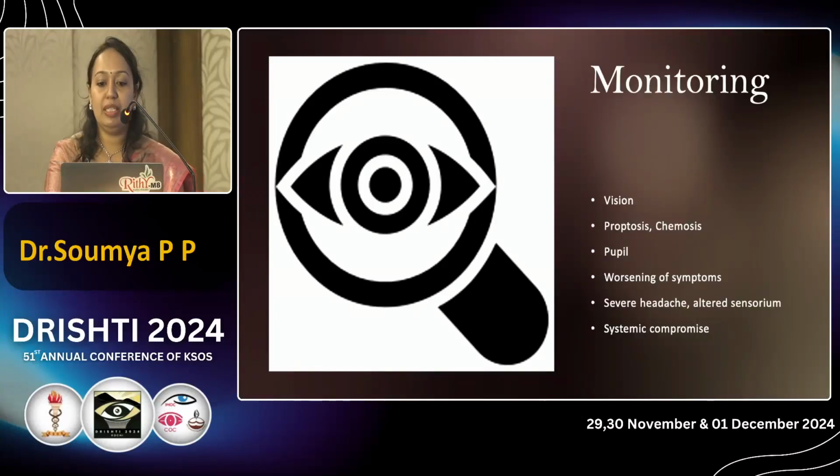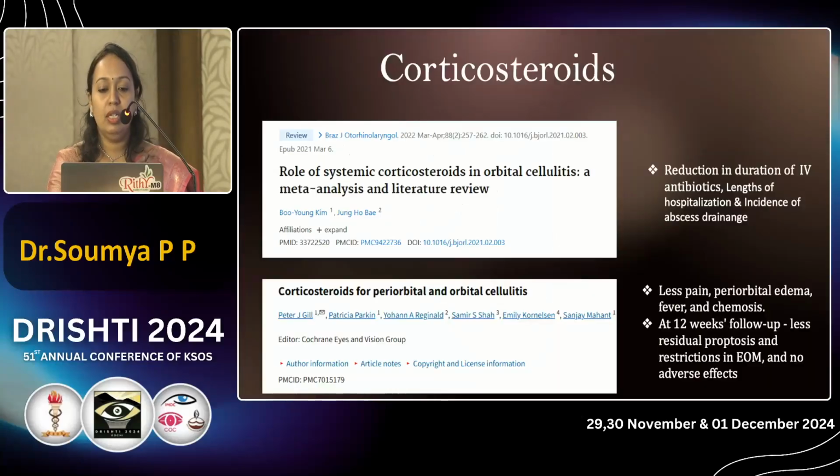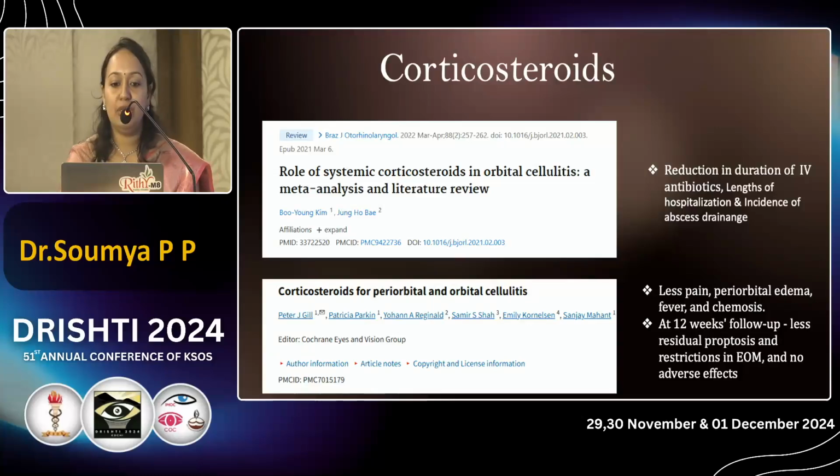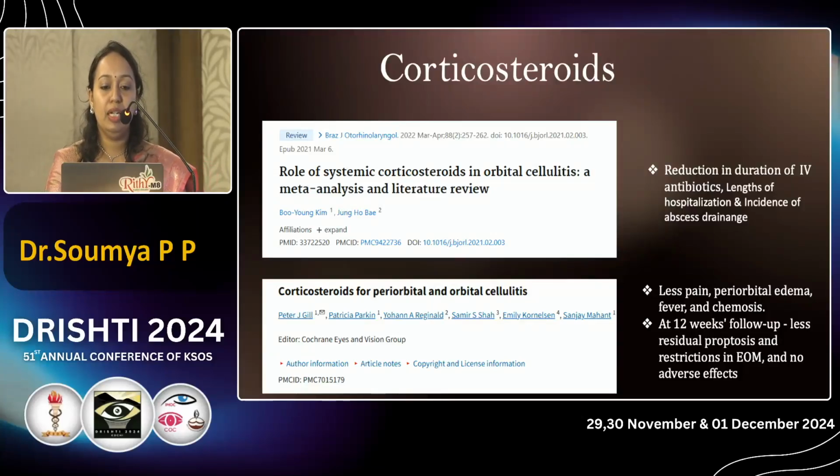When we are admitting the patient, we should monitor the vision, any deterioration, any increase in proptosis or chemosis, pupillary involvement, worsening of symptoms. And if the patient is having severe headache and altered sensorium, always think of intracranial complications, and systemic compromise should be seen. Corticosteroids in the management of orbital cellulitis are always a debate, but there are many studies